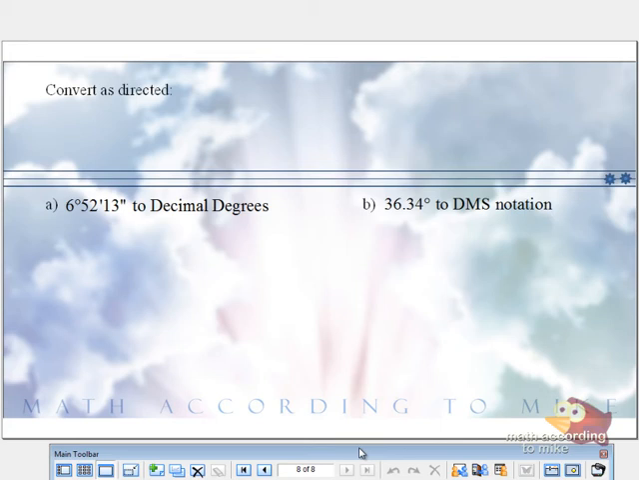Our first one, 6 degrees, 52 minutes, 13 seconds. We're going to go to decimal degrees. Since 6 is already in whole decimals, hey, we're still in purple. Nothing happens to that one. But for the fifth,